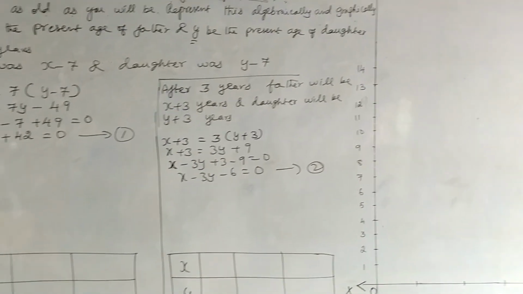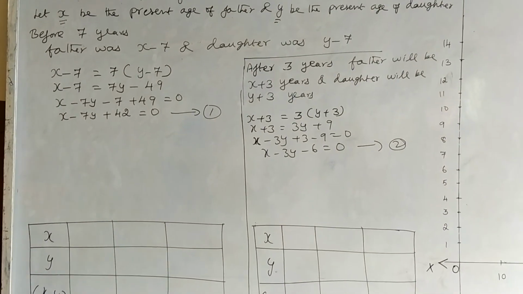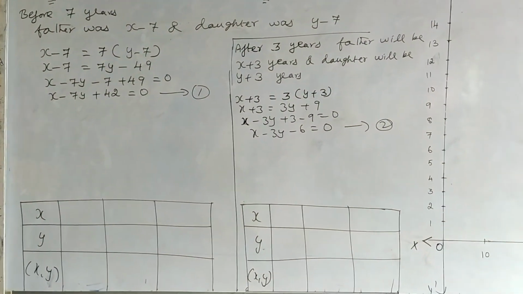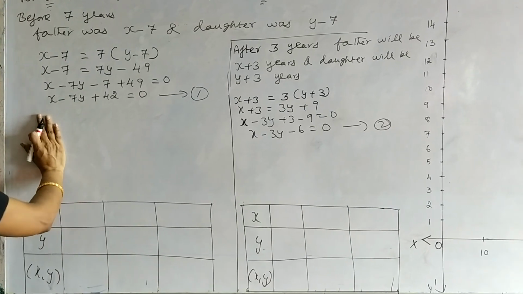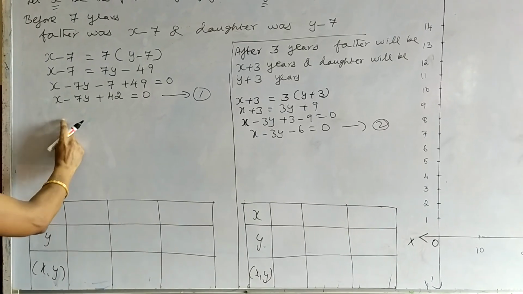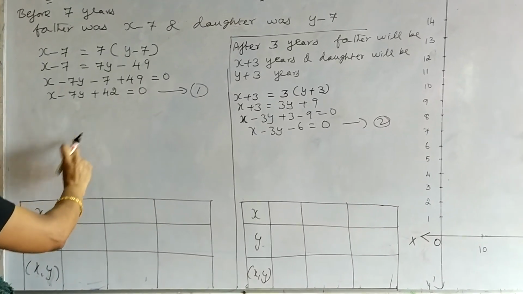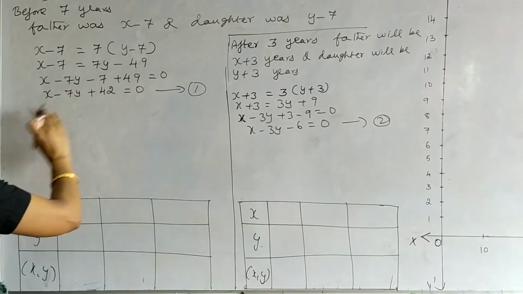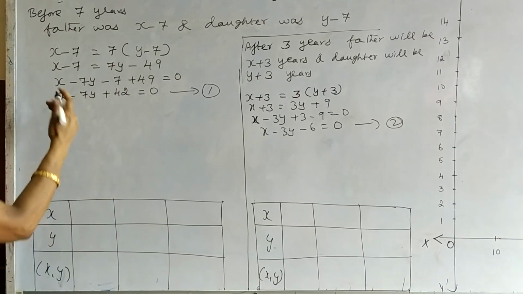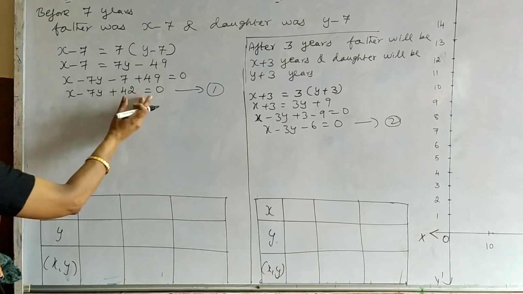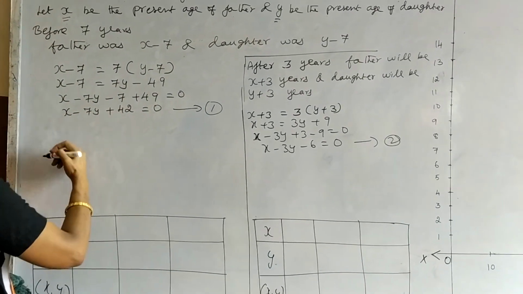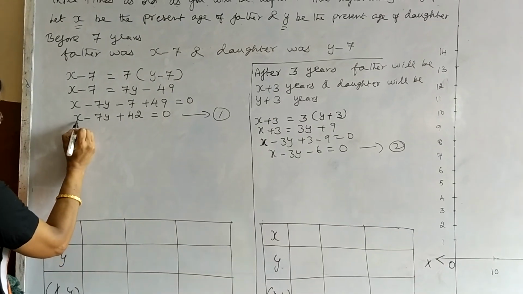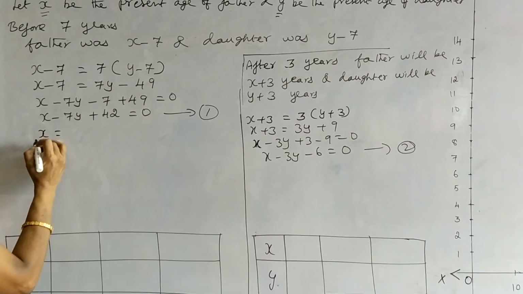Now this should be represented graphically. Last week we had studied how to draw a graph when a linear equation is given. There we drew only one line, but here we are going to draw 2 lines because we have got 2 equations. Before we substitute the numbers, whichever form is easier, either x form or y form, should be expressed, since it is easier to calculate. Here x form is easier, therefore I find x form.